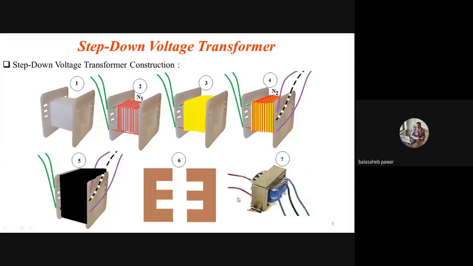Now, first thing you have to remember, a transformer is not only like the one shown in the seventh step. There are so many different transformers, such as the ferrite core transformer, also known as a high frequency transformer. They are mostly used in SMPS. Whatever mobile charger we are using is a type of SMPS, switch mode power supply. If you open the mobile charger, you will observe one small device looking like a transformer. It is actually a transformer, but somewhat different from the conventional transformer. The transformer used in that SMPS is known as a high frequency transformer, right?